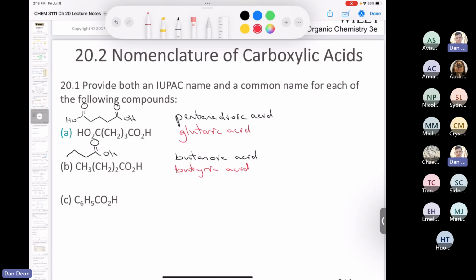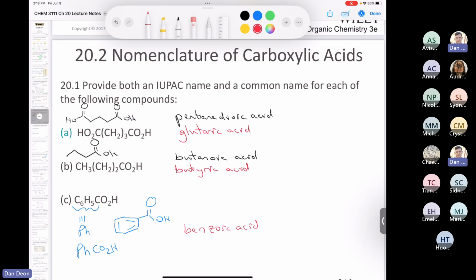And then the last one, hopefully you recognize that when you see C6H5, that's the same thing as a phenyl. So this would be phenyl CH2OH. So this is benzoic acid, right? So that's this compound, right? This compound. Now, I would only ever use the common name of this compound, which is benzoic